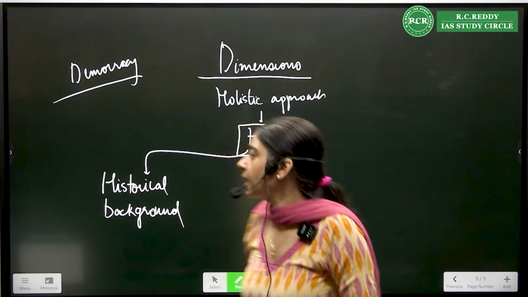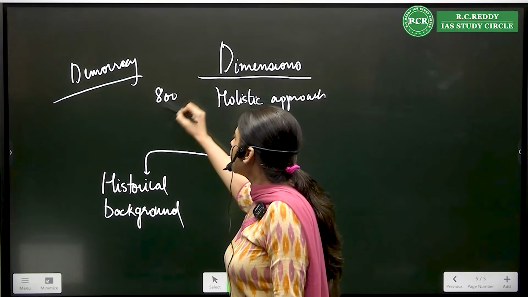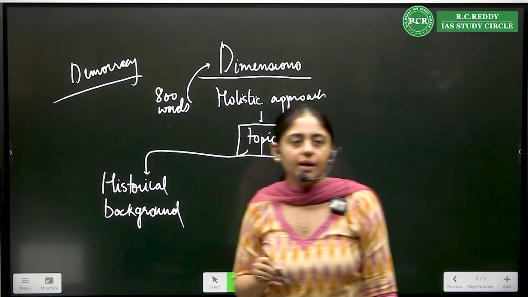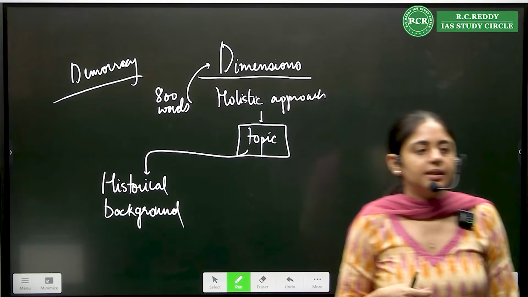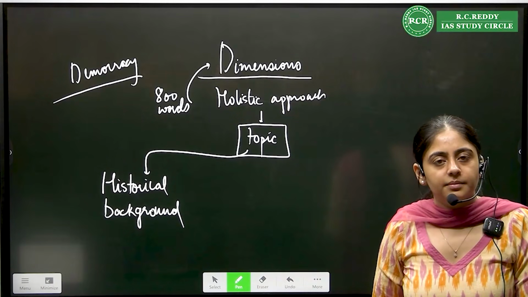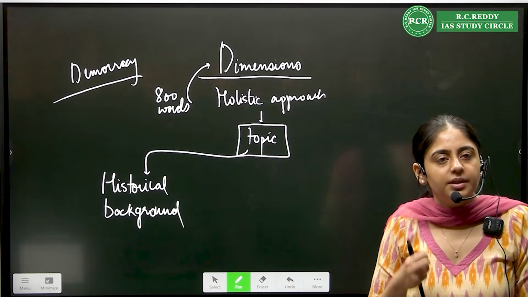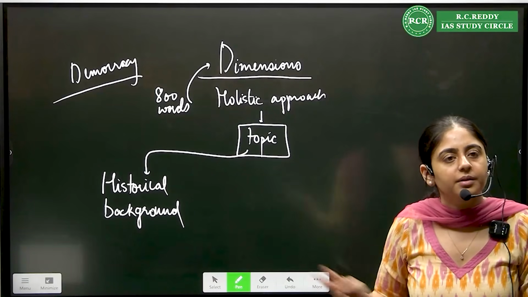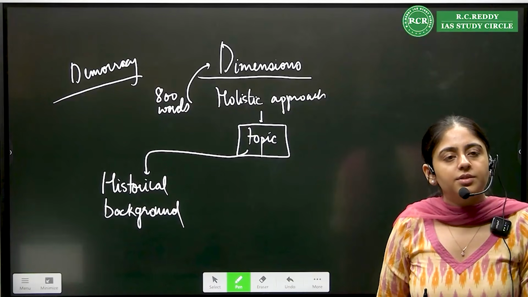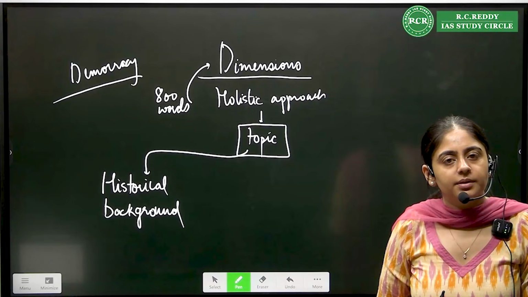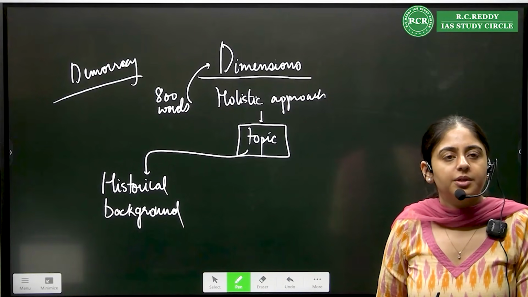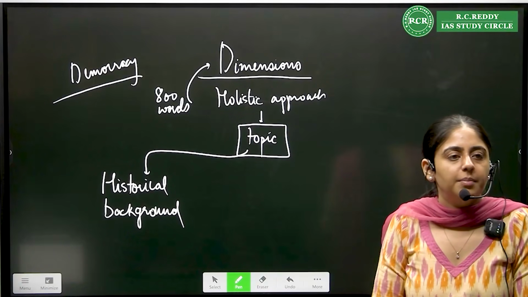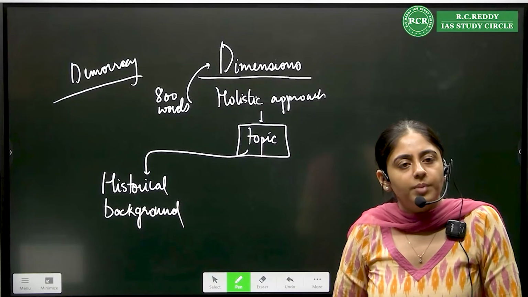So you have to write 800 words and they are expecting you to write a lot of dimensions. One of the dimensions is discussing its background. Any topic, everything has a background. Everything has a history. Israel-Palestine has a history. Write about it. Israel-Palestine history goes back to the Balfour Declaration. The Balfour Declaration was given by the British, which was an invitation for Jews all over the world to come and make that area their homeland.